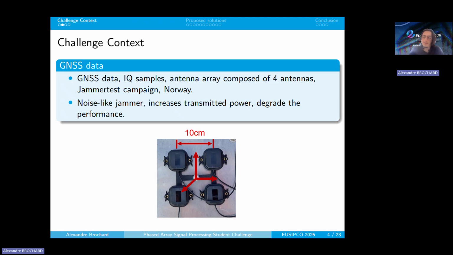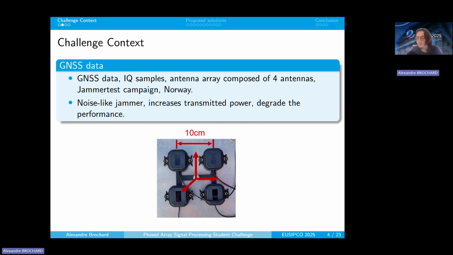And we have some information about the jammer. We know that it will send a noise signal, which should be a PRN, so pseudo-random noise. And the power of the jammer will increase over time. So at some point in time, the jammer will be so powerful that the GNSS receiver should not be able